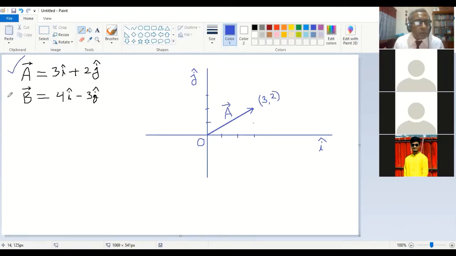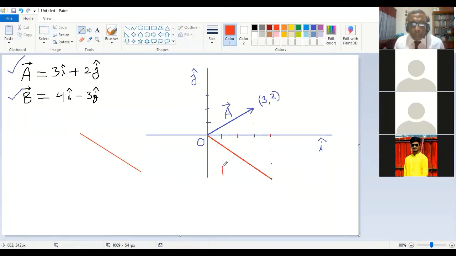And if you think about the second vector in the same way, you will go 4 units right, right? 1, 2, 3, 4 units right side and 3 units down. 3 units vertical direction, so it is minus, so we are going down. So we are going 3 units down. So that will be the end point, that will be the last point. So if you add these two things, and then you will find out the vector b here.